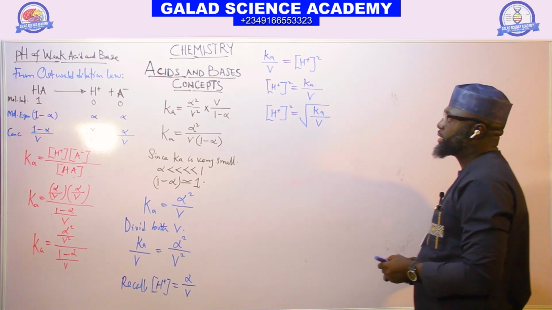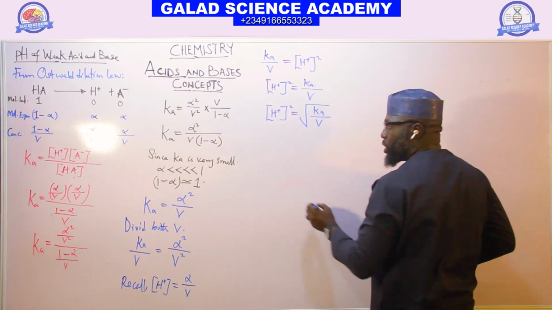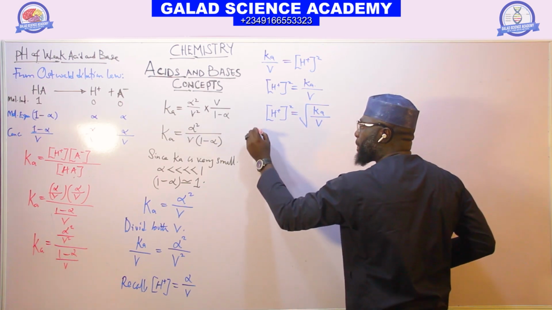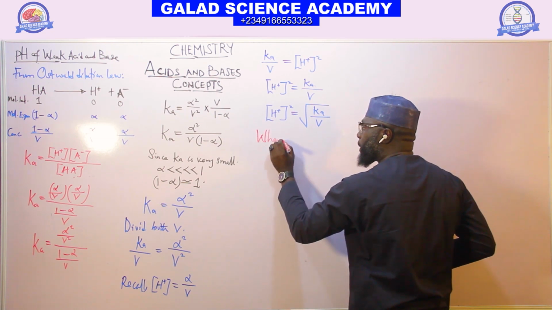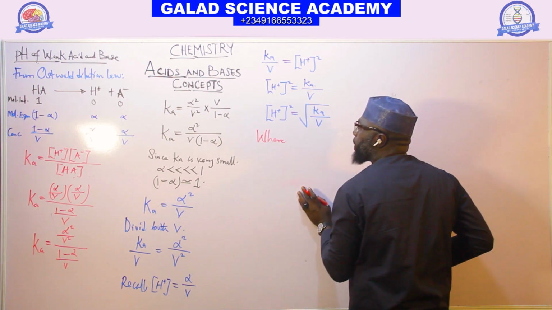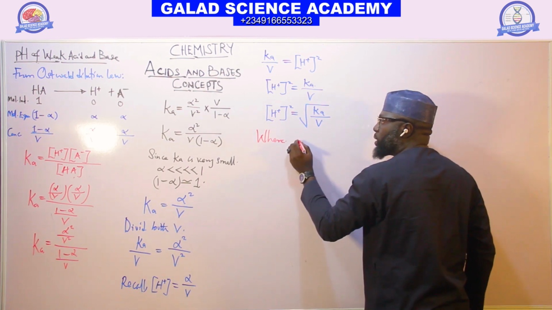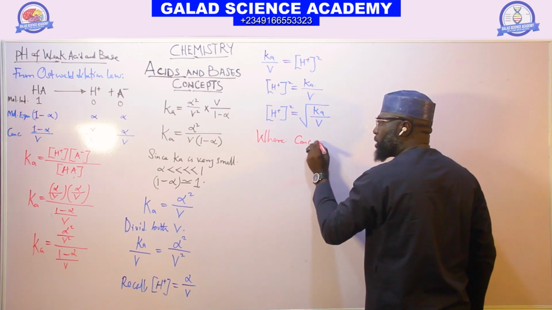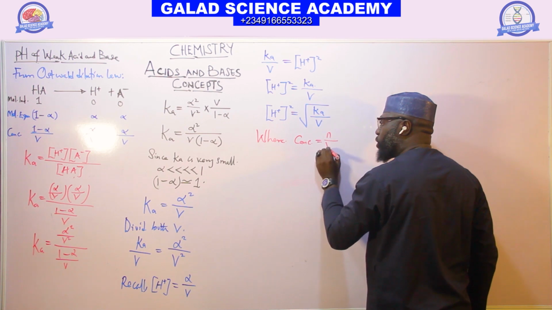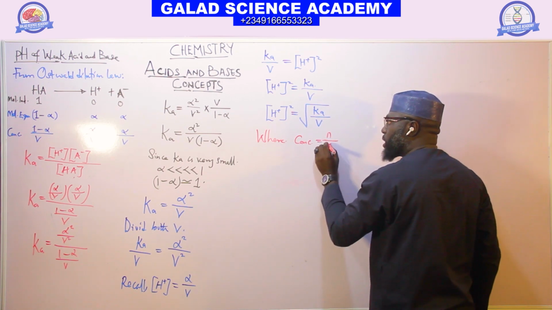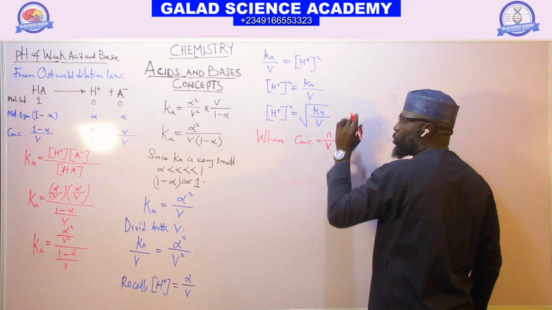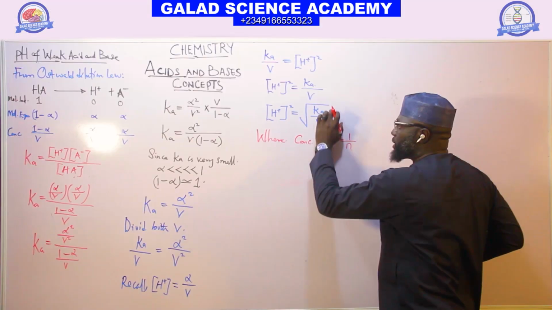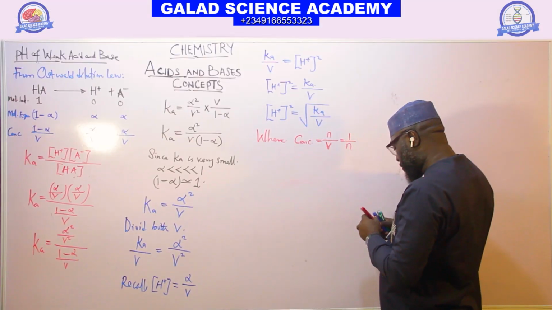And again, you can now say where the concentration C is equal to n over V, and our n here is 1, so C is 1 over V. As a result of that, we have